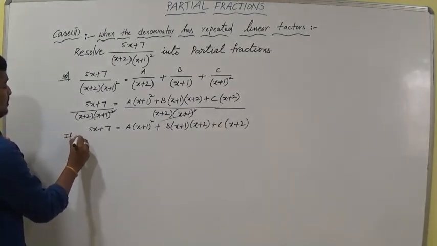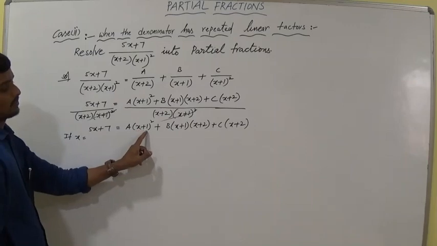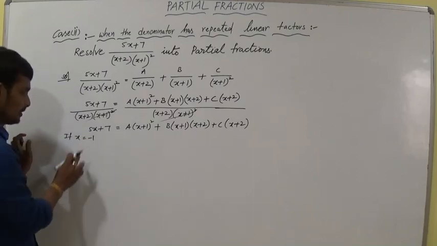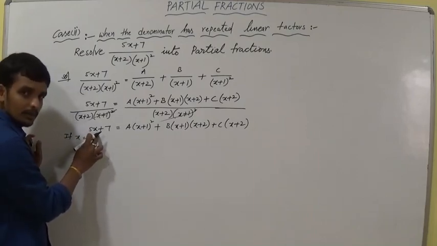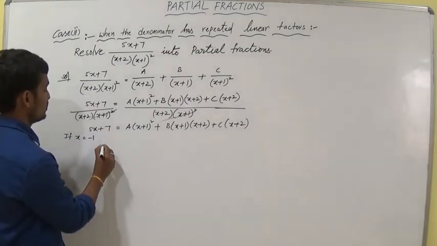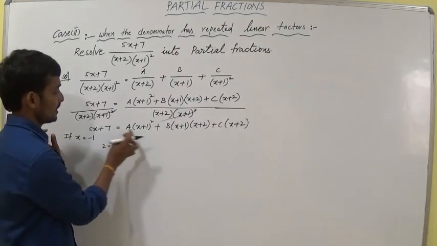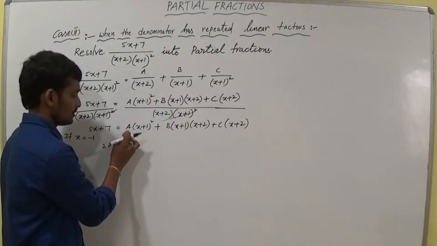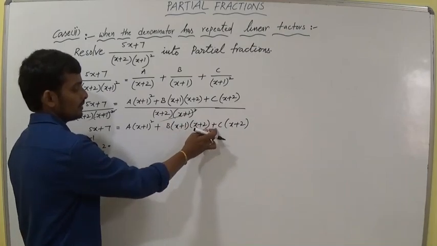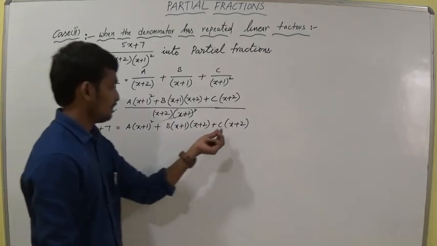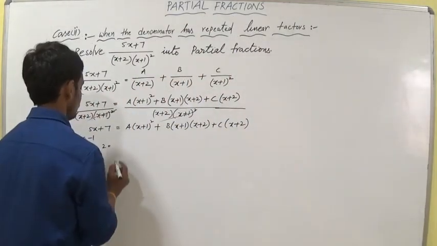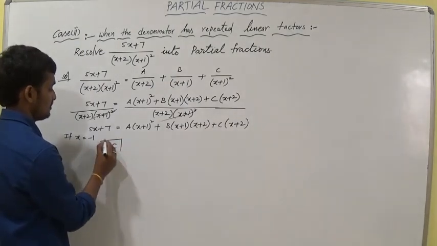what can you take? Here x plus 1 is the factor. x plus 1 is equal to 0, then x is equal to minus 1. So I am taking minus 1. Substitute here. 5 into minus 1, minus 5. Minus 5 plus 7 is 2. 2 is equal to, if you substitute minus 1 here, minus 1 plus 1 is 0, so A term is 0. B term is also 0 into anything. Here, plus C into minus 1 plus 2, that is 1. 1 into C, C. C is the answer. C is equal to